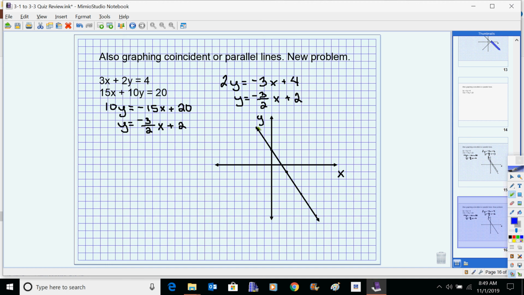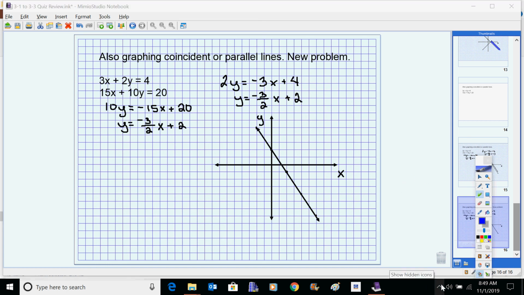They would be dependent and consistent because they have infinite solutions. The answer to this one would be infinite solutions, and like I say, they're consistent and dependent. And then the ones that have one solution, just to remind you, are independent and consistent, so that you have those words. I know we had put those out there. All right, so that's that. So let me just see if it's